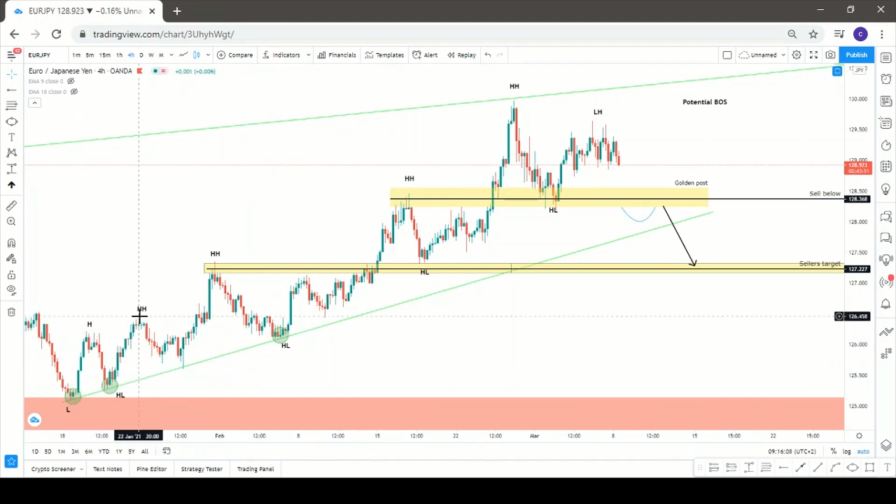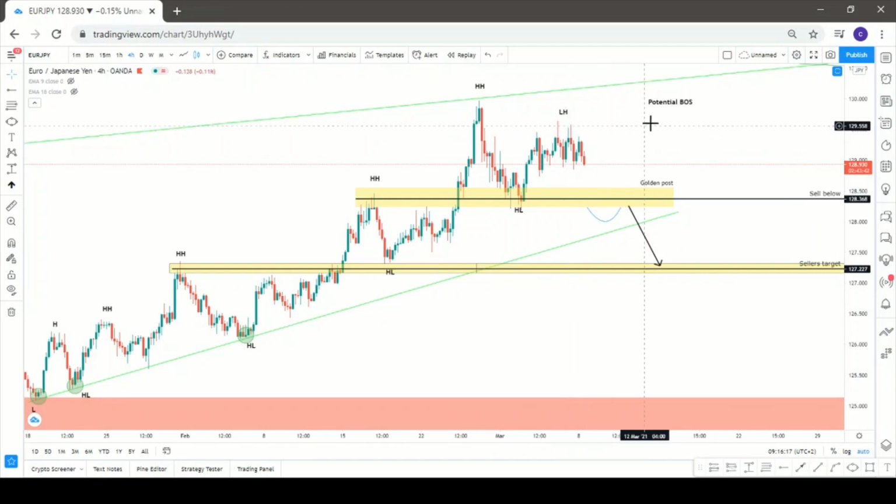So we can see higher high, higher high, higher high, higher lows, and this is just a confirmation of a bullish market, right? And now we have a lower high, and this is a potential BOS given this area breaks here. So if this area breaks and we have a significant retest, I'd be more than happy to sell this market, and once again I'd sell it all the way down to this area over here, which is about how many pips? That's quite a big move, 116 pips,